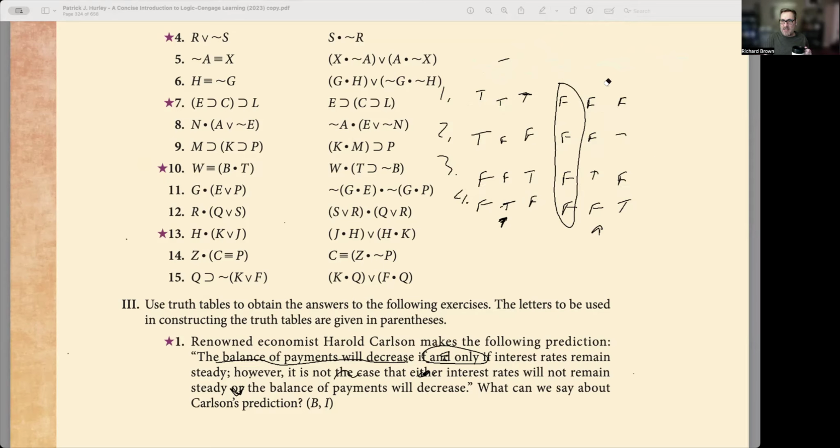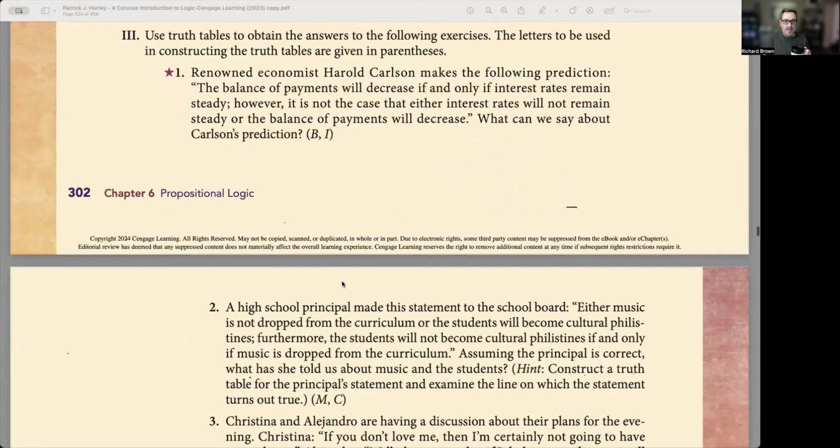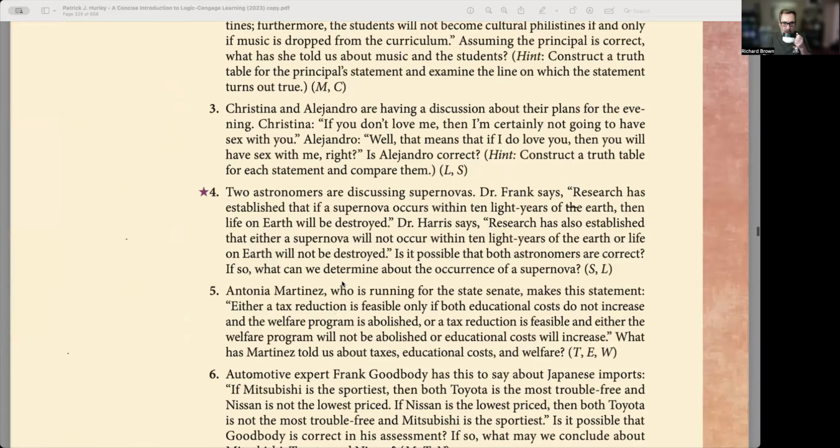Okay, so let's go ahead and do some more. Now, if you're in the class, you can count on there being some problems similar in some way to these kinds of problems, word problems, in other words, where you have to take translation and then use truth tables to figure out what the answer is. Okie dokie. So going on to number 4,